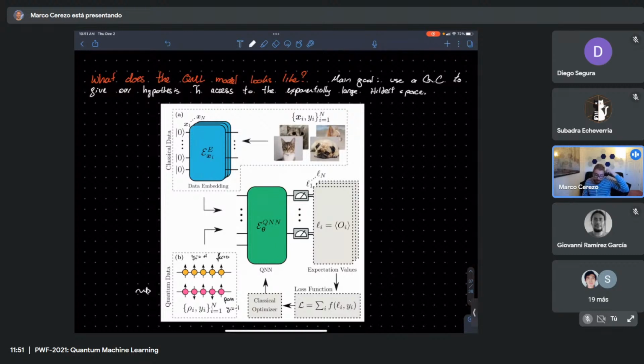But for classical data, say that we're trying to classify pictures of dogs and cats. I first need to take that classical data and put it into a quantum computer. And this usually requires what we call a data embedding scheme. So for classical data, and this is the first thing that we're going to be focusing on,